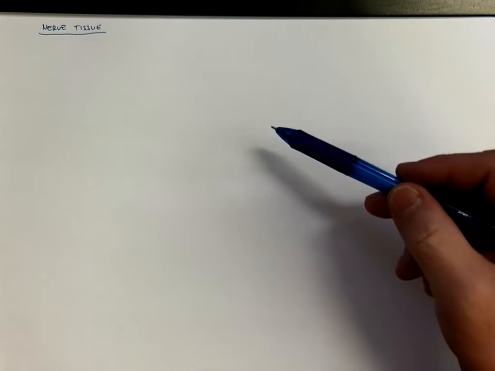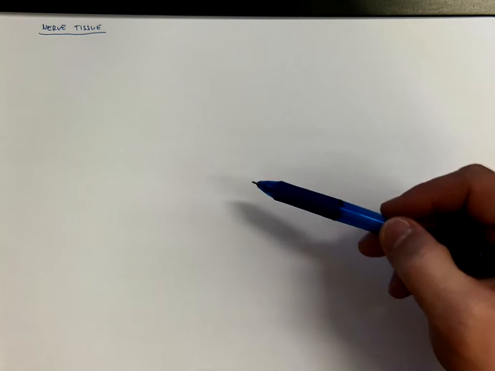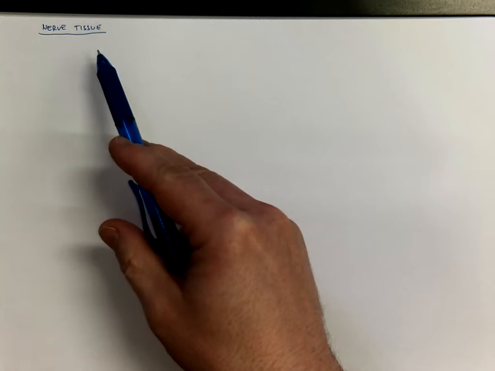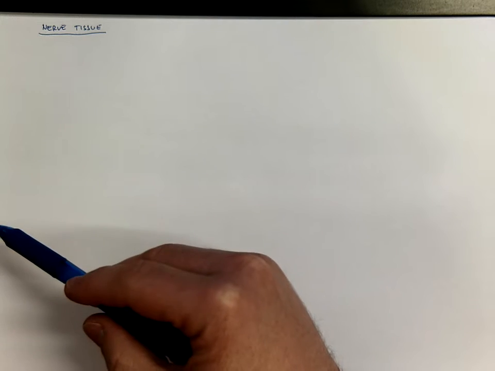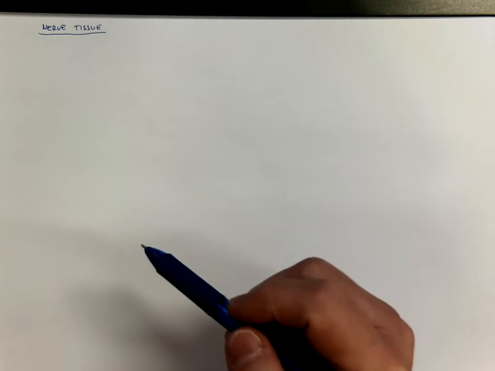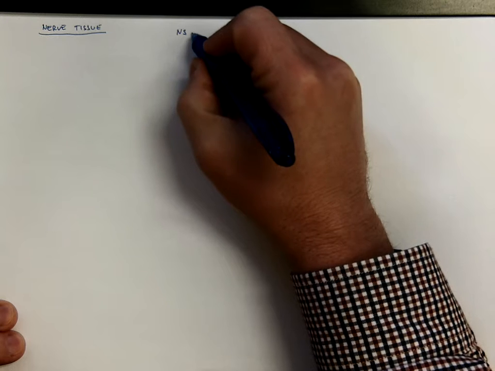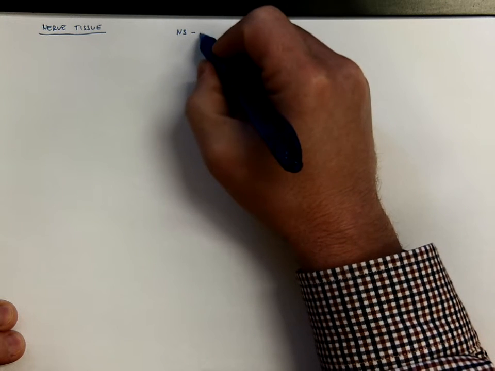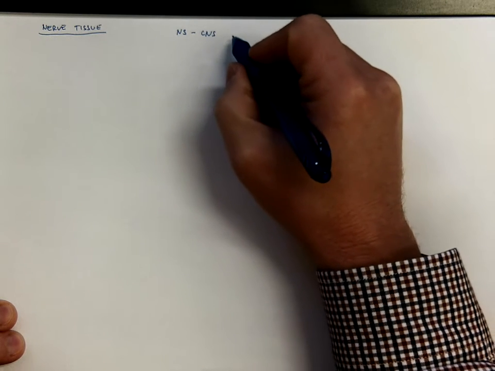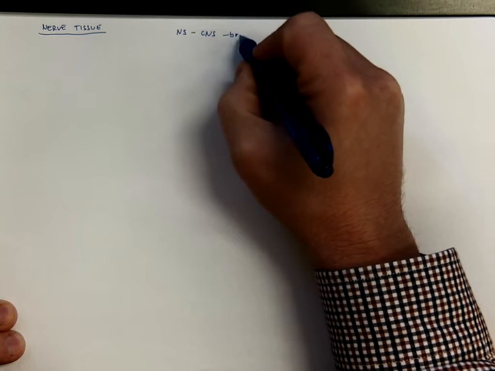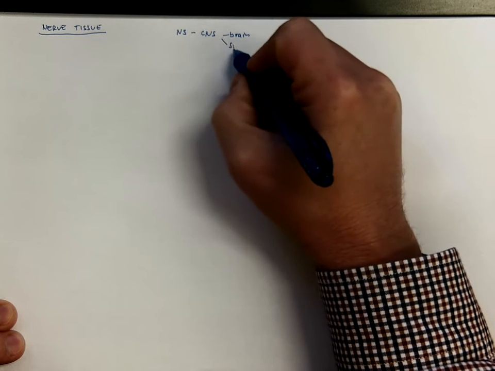Hello everybody. So after discussing the histology of epithelial tissue, connective tissue and muscle tissue, we've finally come to the last, fourth type of tissue, which is nerve tissue. It forms the nervous system. You know the nervous system is composed of the central nervous system, which includes brain and spinal cord,